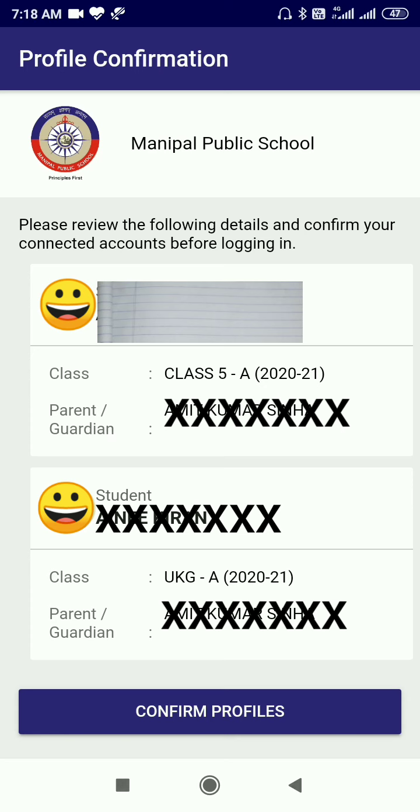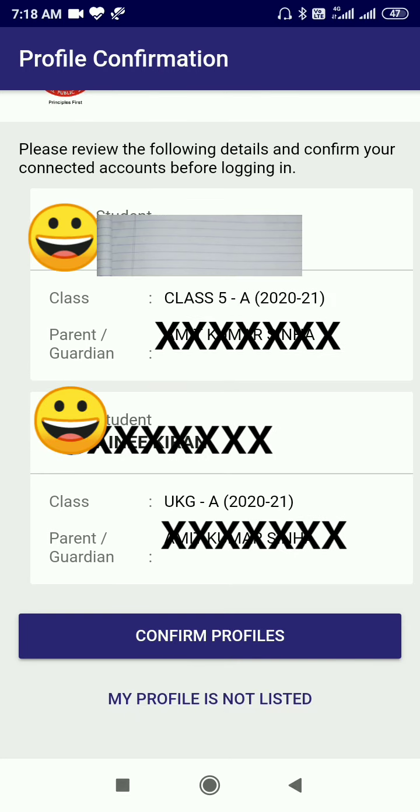As soon as the verification is complete, you will find your wards' names listed here. The wards' profiles are shown in the first window. Suppose they are not your wards or nothing is showing here, you can go to my profile is not listed.